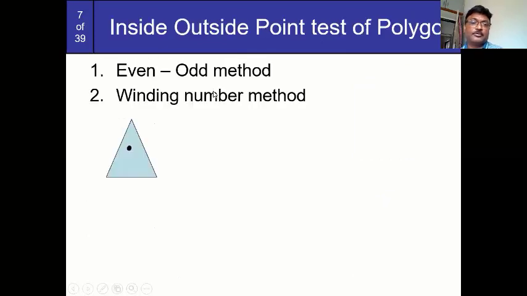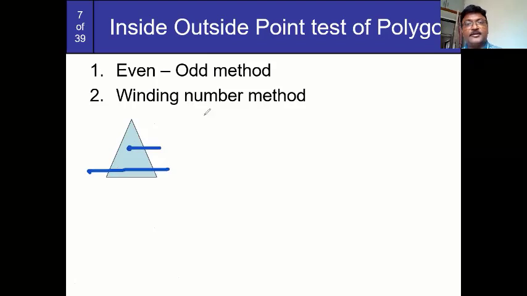Now, the next method is what? You have to check whether the point is inside the polygon or outside the polygon. That is the even-odd method, which works with intersections. Suppose I have considered this even-odd method, and this is the point I have considered as inside. This one is the outside. These are my 2 points. Suppose I am going to draw a line from each of them.